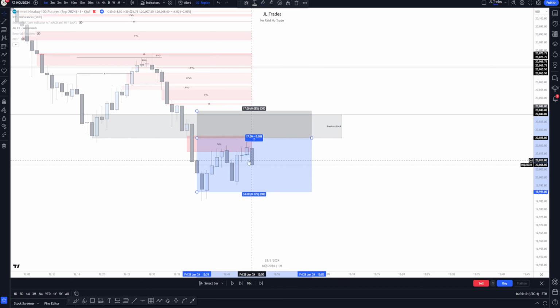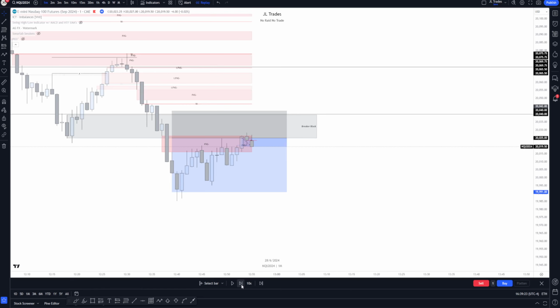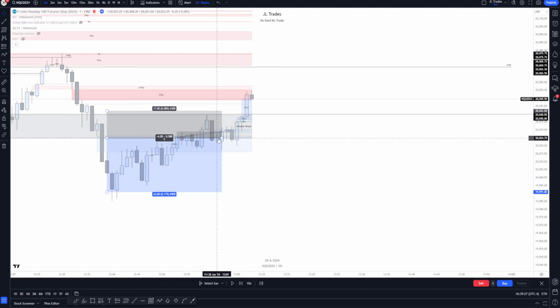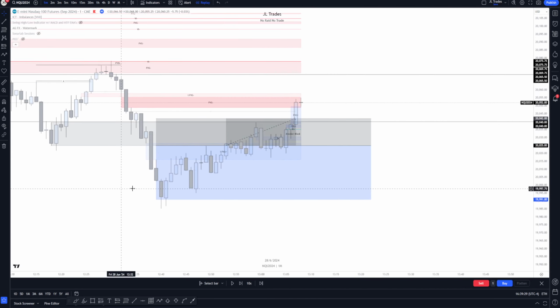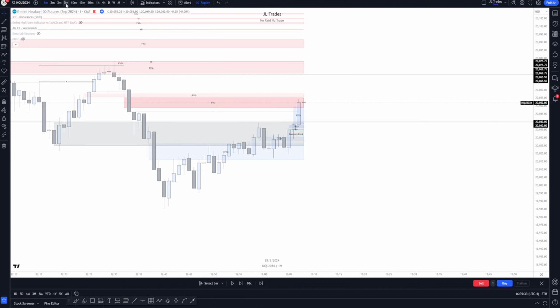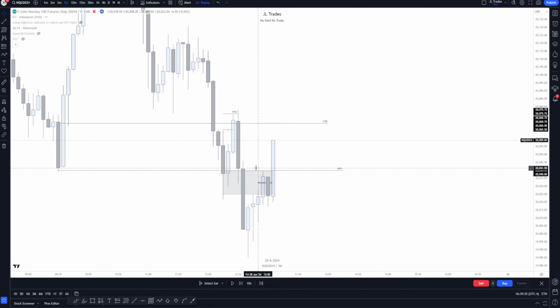Okay, you wouldn't have got tapped there by a tick. You're in the trade now, and yeah, you would have got taken out. So this was not a valid breaker block because there was no fair value gap aligned, so that's why I wouldn't have taken it. That 5-minute breaker block though,